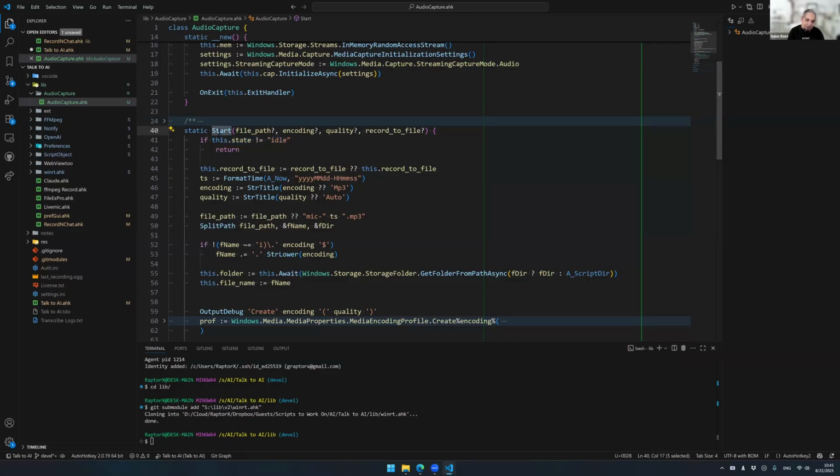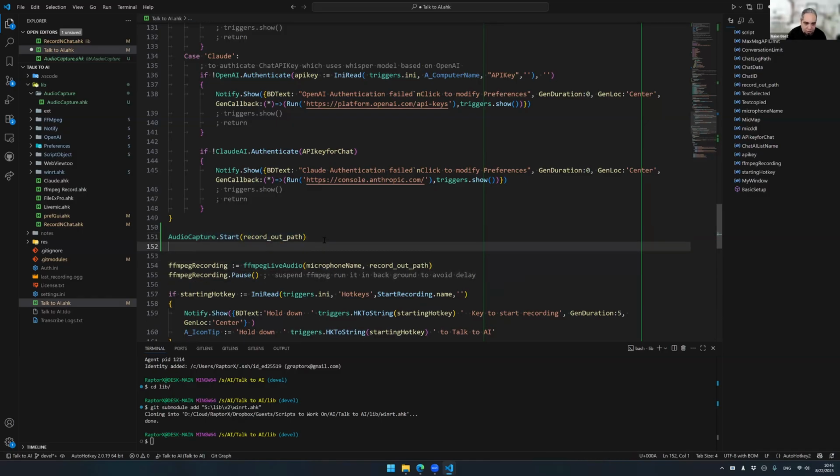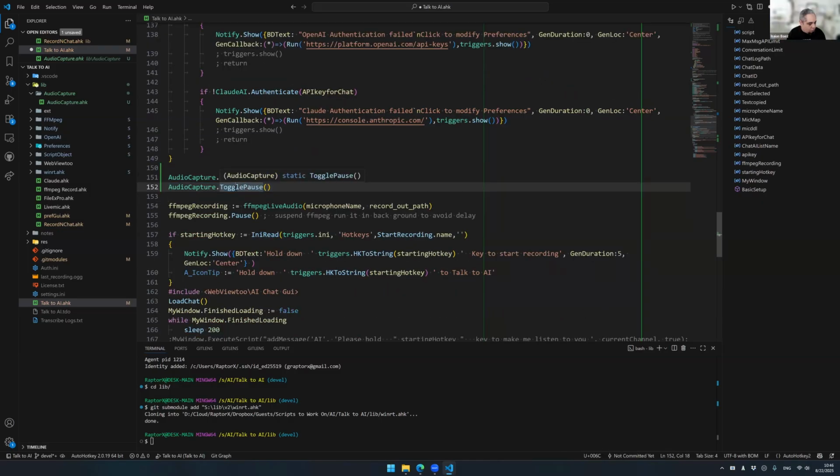So if you press F1 to start, and then you press F1 again, it is already recording, so it's not going to do all this again. So that's good. Because what I wanted to do is we start the recording. We can pause it right away. So I could say audio capture, toggle pause. You think there'll still be a delay? No, not at all. Okay, well, that was why we were doing that